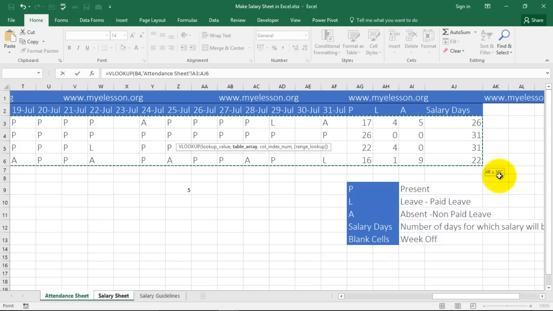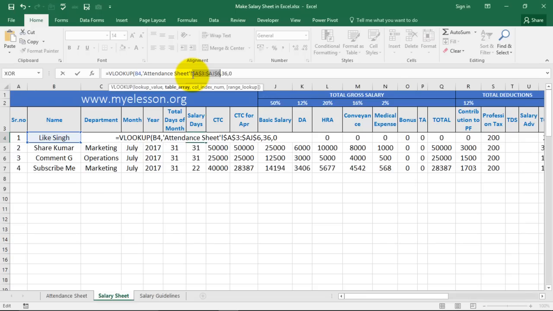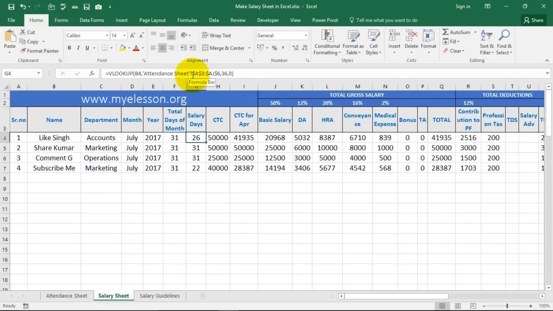It is written 36, so 4 rows and 36 columns. So I'll enter comma 36, comma 0. I will fix this range because if I drag the formula down, then it will still work. I'll press F4, it will lock, and I get my answer.